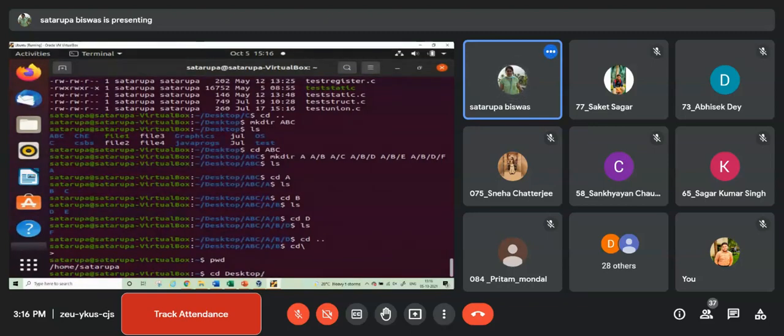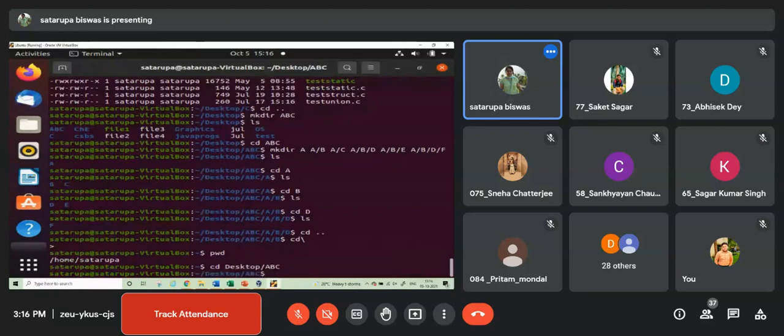Inside that, there will be ABC, and I'm directly inside ABC. So that also could be done. After cd, if you give a path, you can directly move into that. Okay. Now, I am inside this ABC folder and I want to delete all the folders which are available in